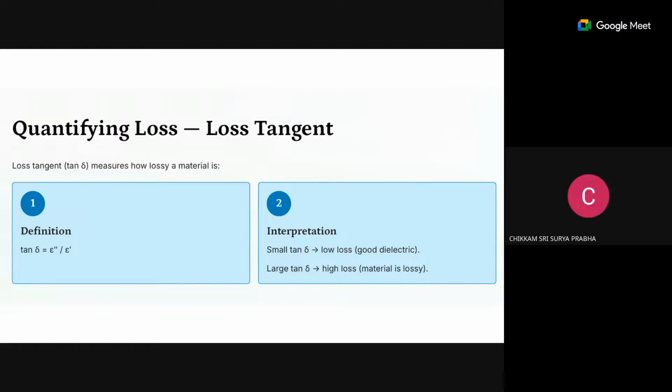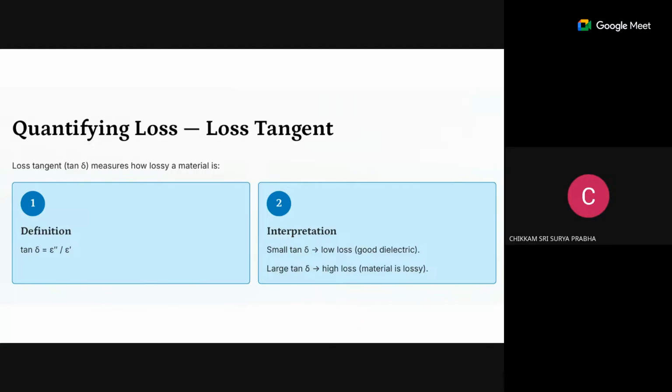Based on this, we can classify the materials into two types. One is good dielectric, another one is bad dielectric. If it is having a smaller loss tangent value, we can say that it is having very less losses. So we can say that the material is a good dielectric. We can give an example: quartz glass is an example of a good dielectric, which is having a very